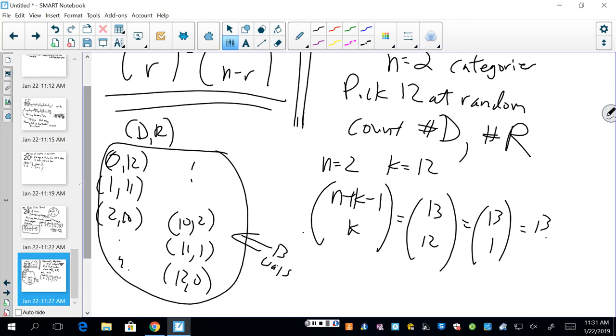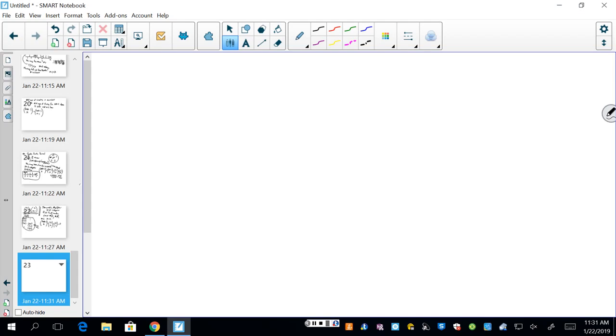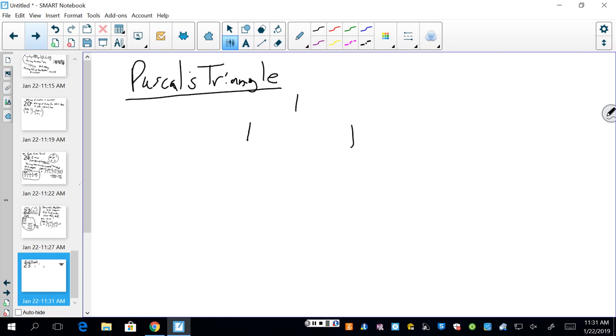Any questions on those? We'll do one more story, one more example. Here we have Pascal's triangle. Pascal studied numbers and counting and probability. Pascal's triangle goes like this. We put 1 up here. You put 1s on the edges of the triangle going down. And the thing that you put in the middle is